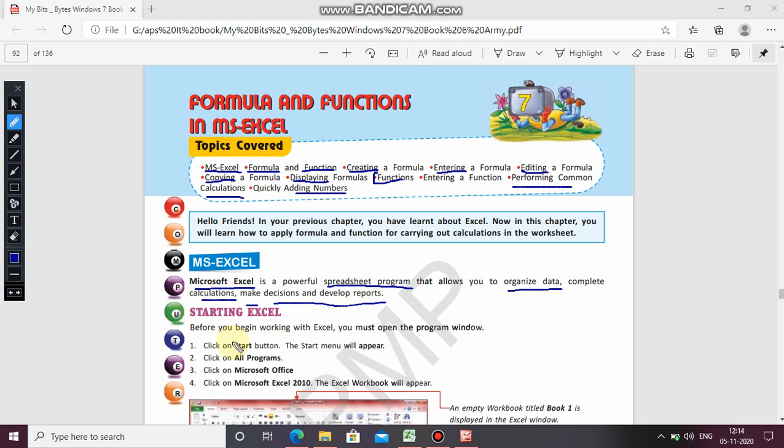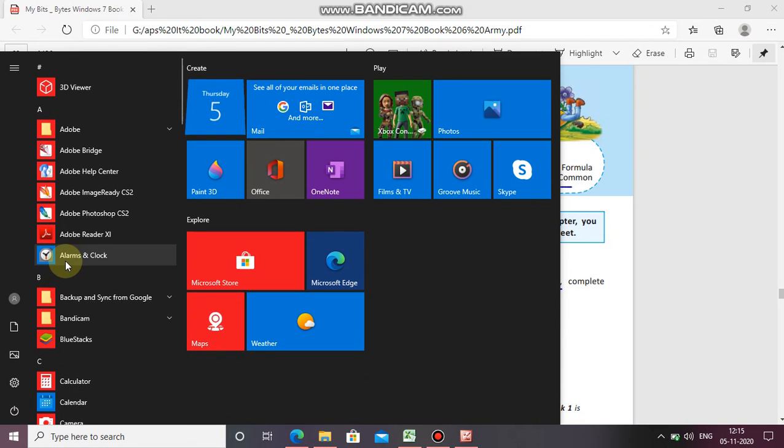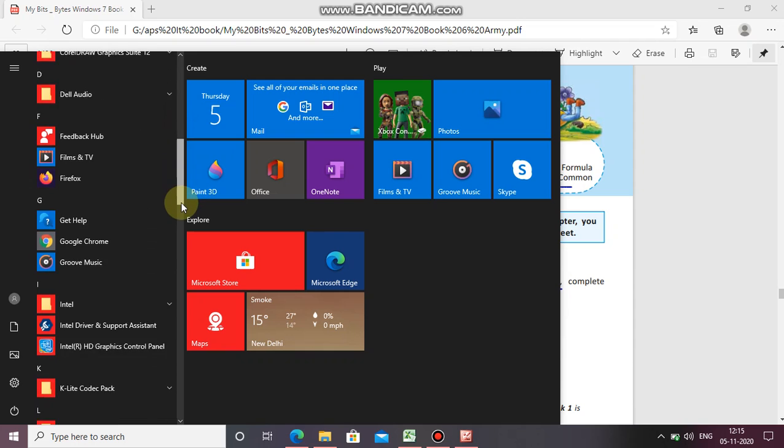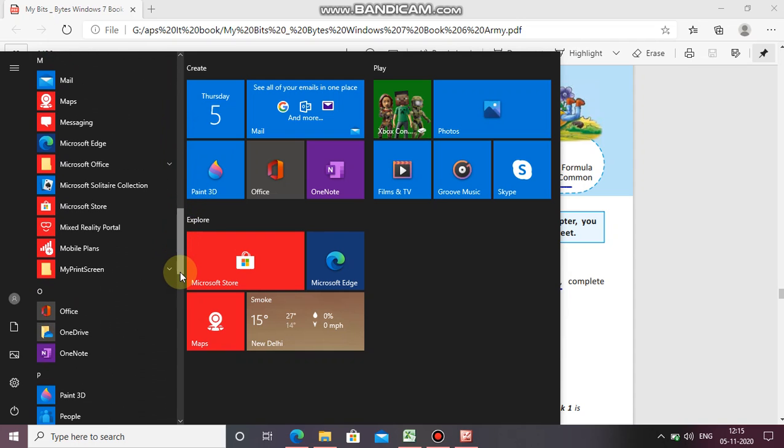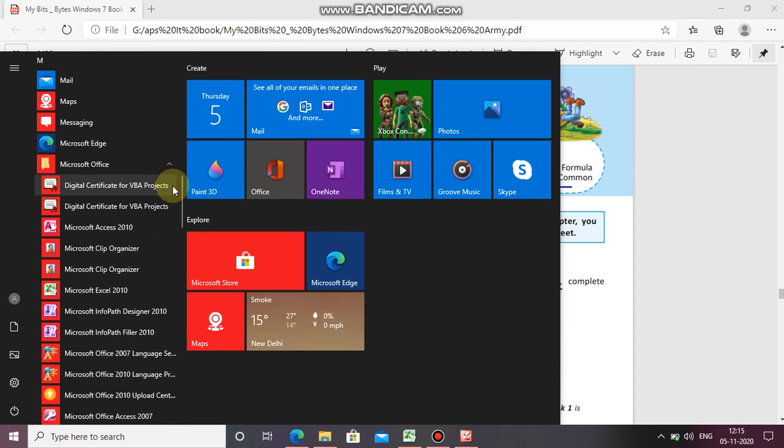Starting MS Excel. Before you begin working with Excel, you must open the program window. Click on start button, the start menu will appear. Like here you see, click on start menu. Okay. Now click on all programs. This is Windows 10, so all programs already selected. Here you will search for Microsoft Office, then click on that, then Microsoft Excel,